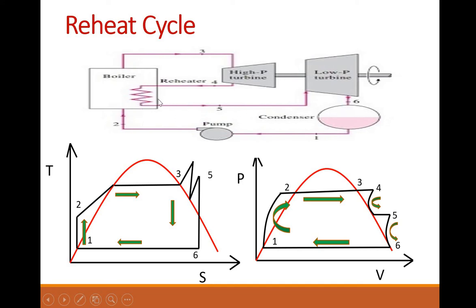That means the temperature is further increased. If you have dropped down the pressure and the temperature, that is again fed to the boiler, it is reheated again, and now since the pressure has been reduced but the temperature you have increased, that is allowed to go through the low pressure turbine, where again it performs some amount of work, and then finally it is condensed.